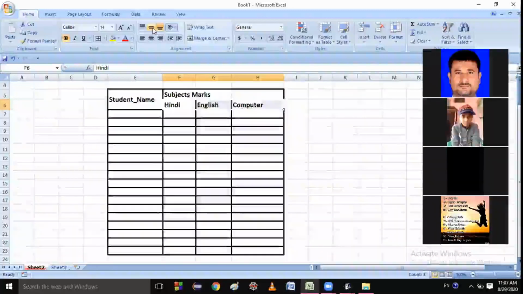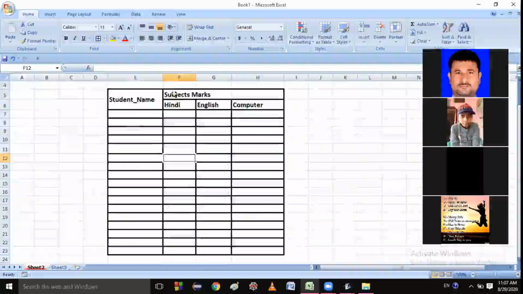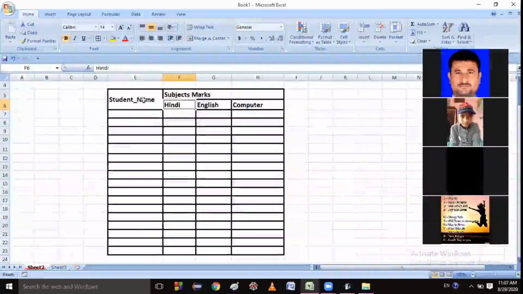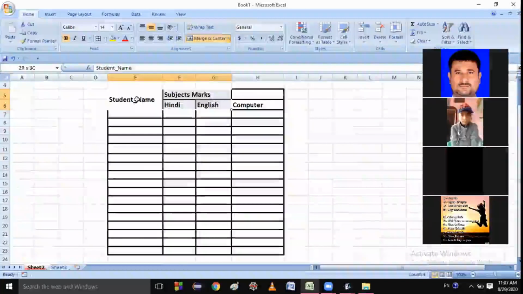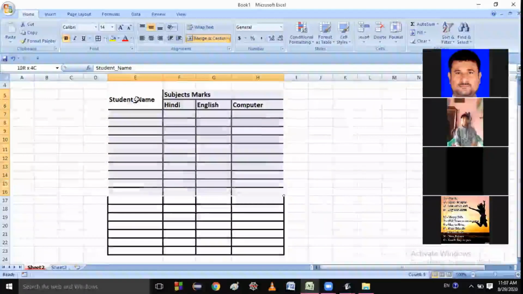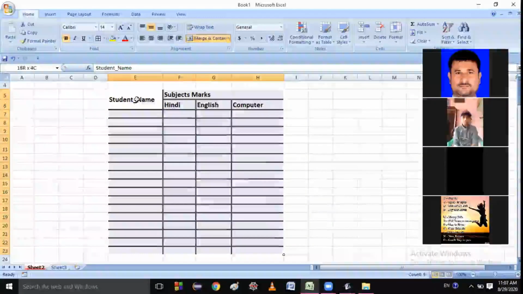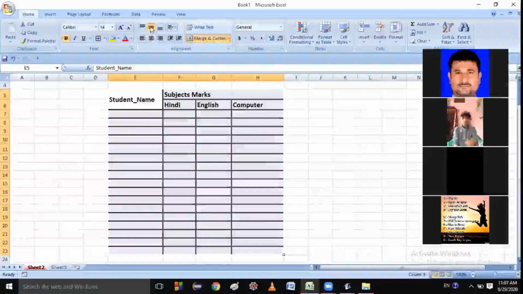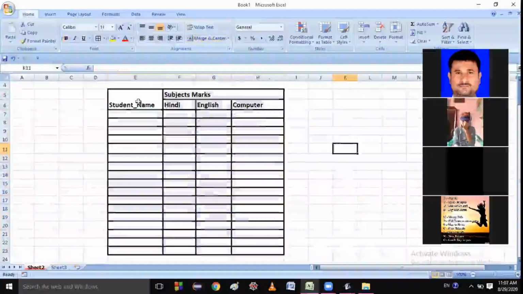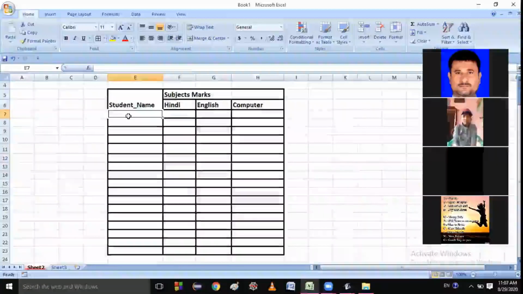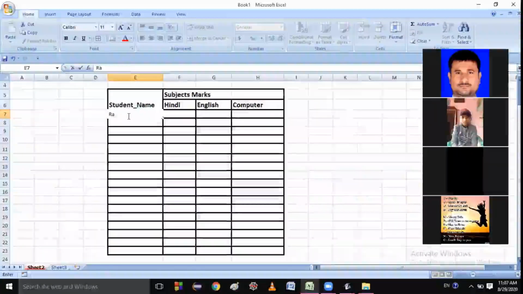Let me do it also, center. Okay, I think this is not in the center. Let me do it completely in the center. Okay, so suppose I am writing here Ravi.